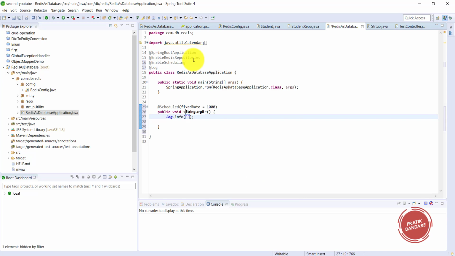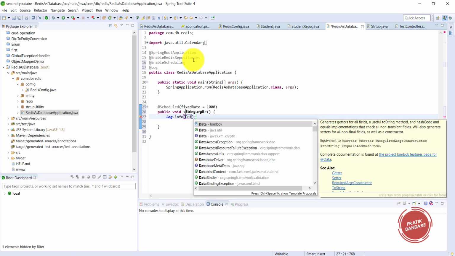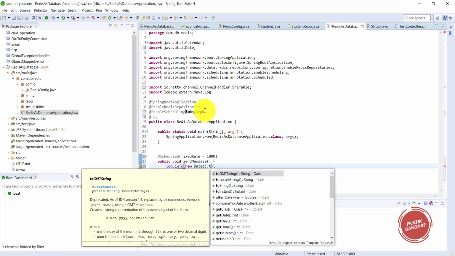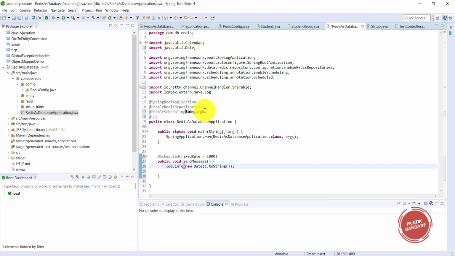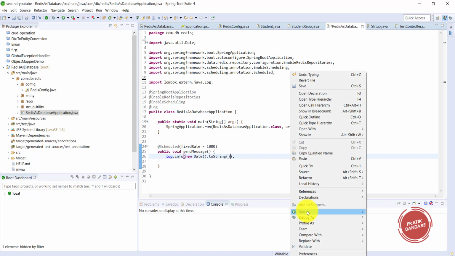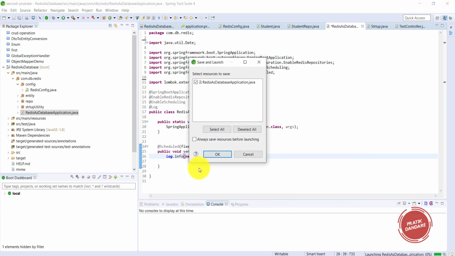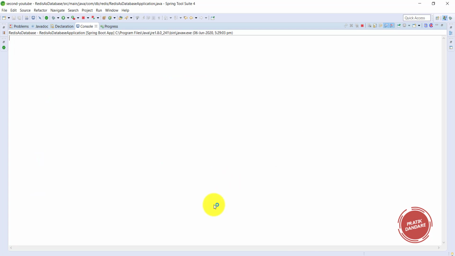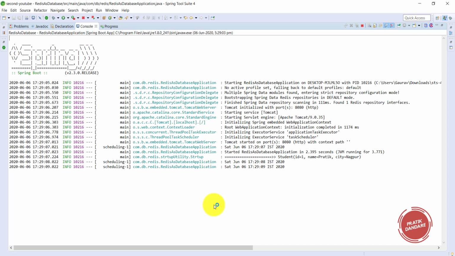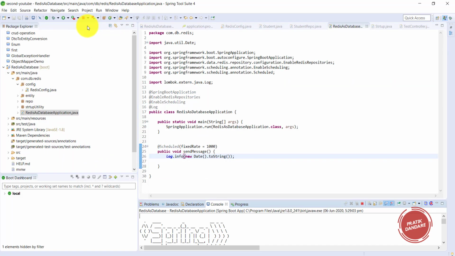I can print a date, a date is good. So I am printing new Date().toString(). That's good. Let's run this and check whether it is working properly or not. It's running fine, so our scheduler is ready.